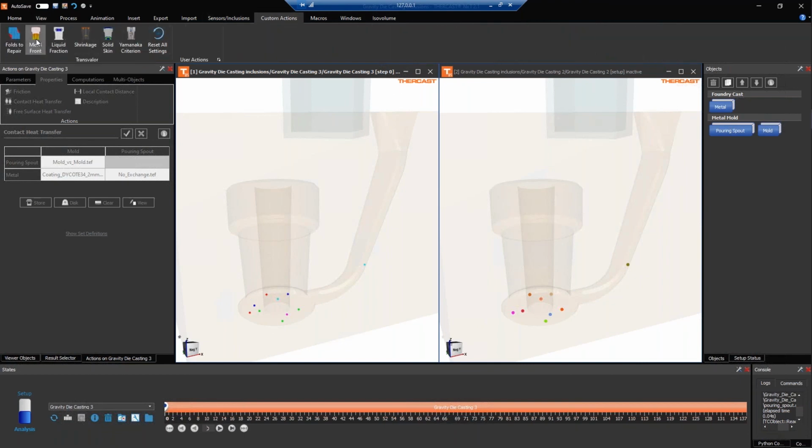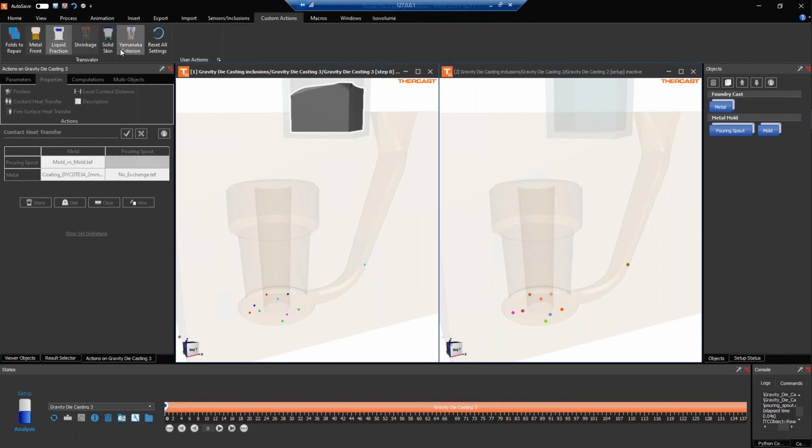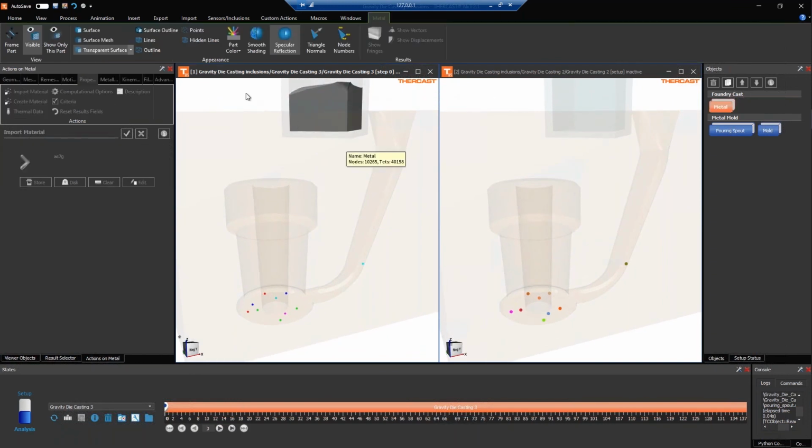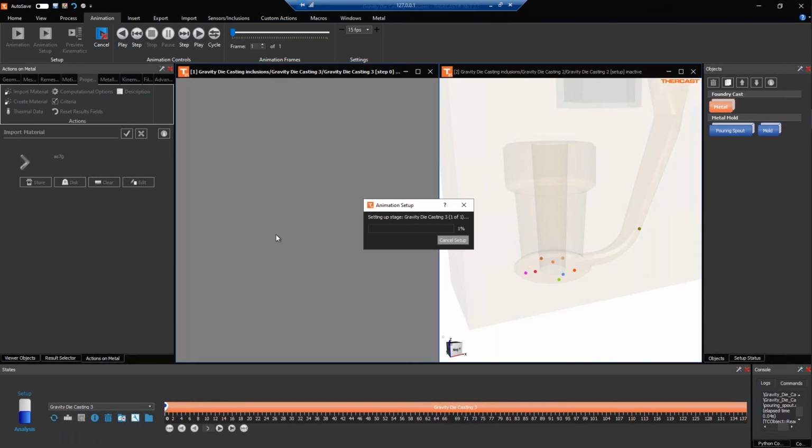Usually we have access to different options, and the custom action is one of my preferences because we can directly put the setup of the appearance in a different case. Here the metal front gives access to showing the fluid into the mold, automatically put in transparency. And then if I activate the animation, hoping it's not taking too long,